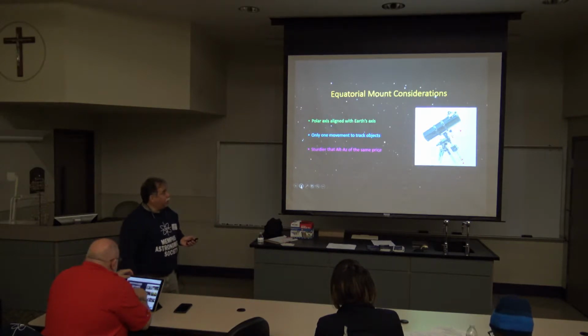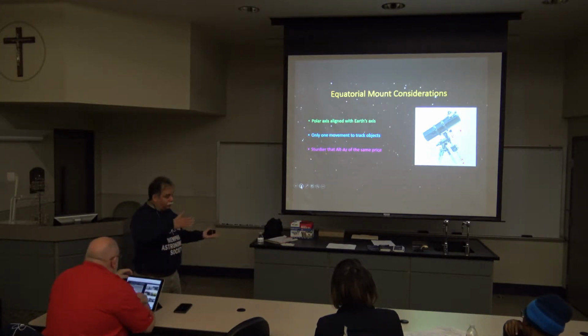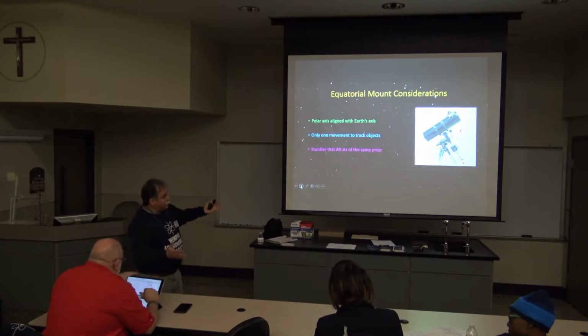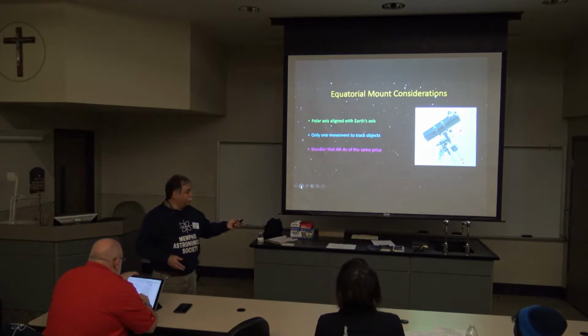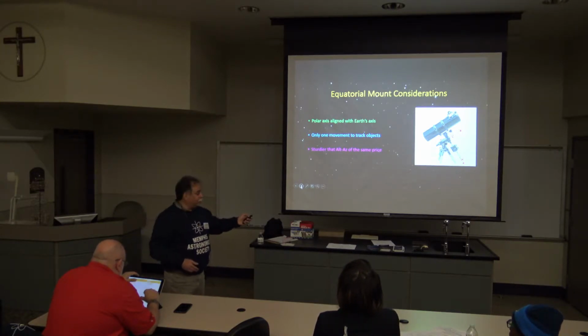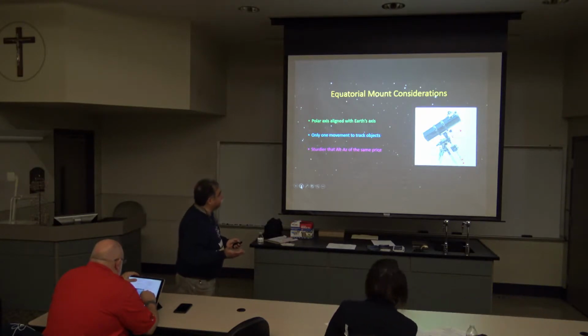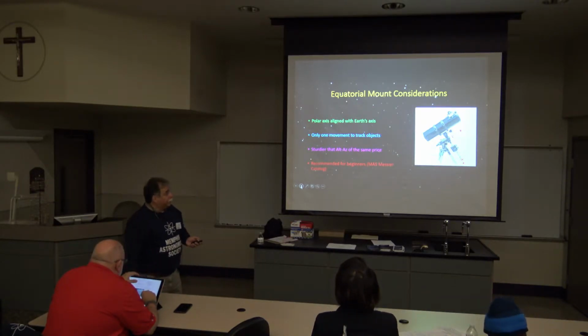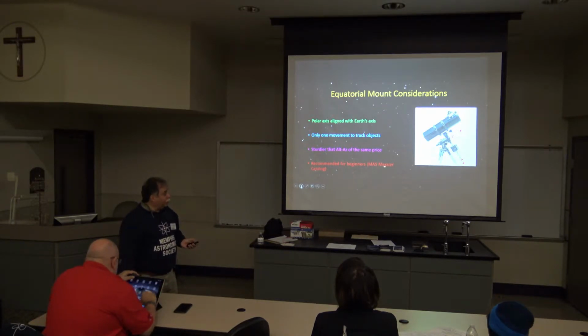The mounts are normally sturdier, and I will tell you why. You see here there is a counterweight. This has to be done so your telescope weight is balanced in the mount. If you use a flimsy mount, this won't work, it will fall. Okay, so normally the equatorial mounts of a price are harder and sturdier than the Alt-Az mounts of the same price. These are recommended for beginners,